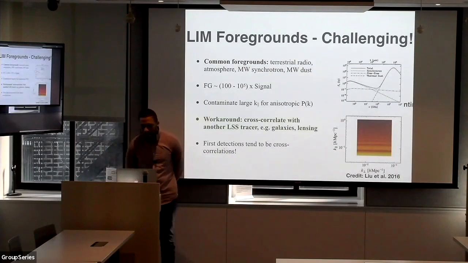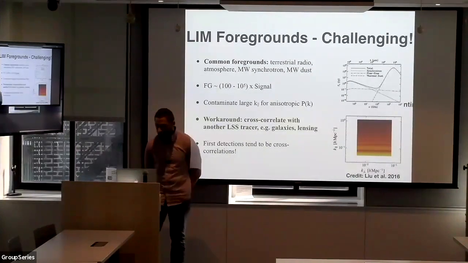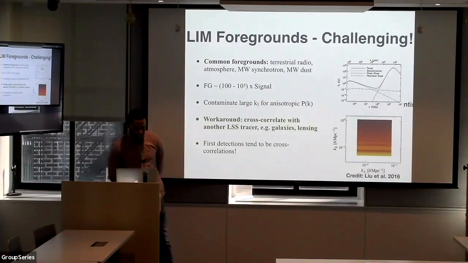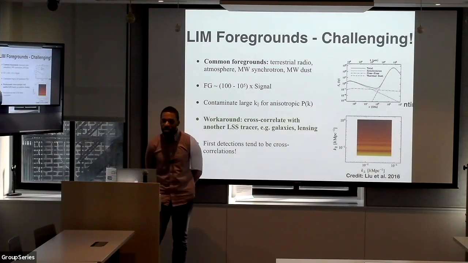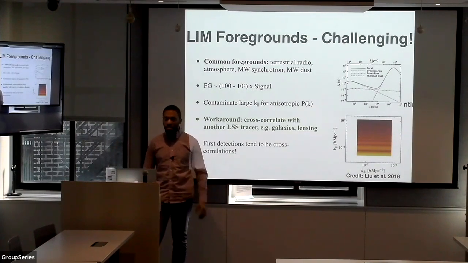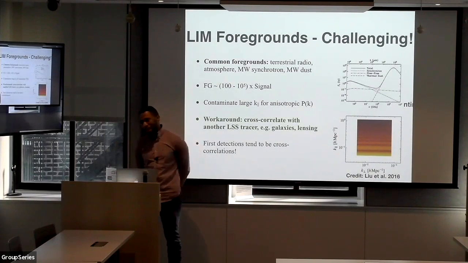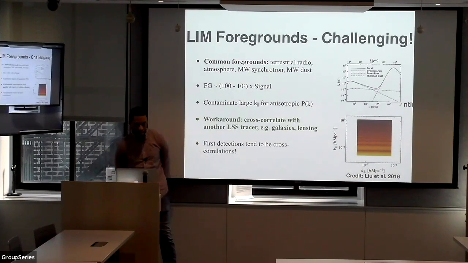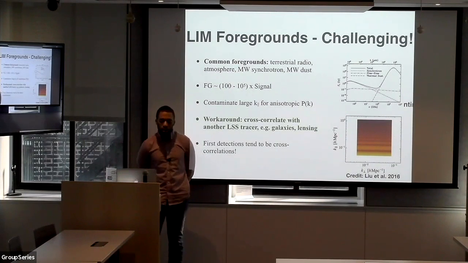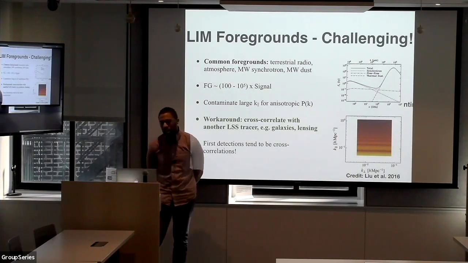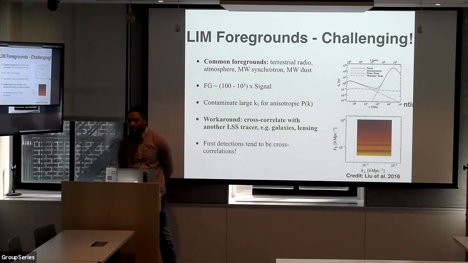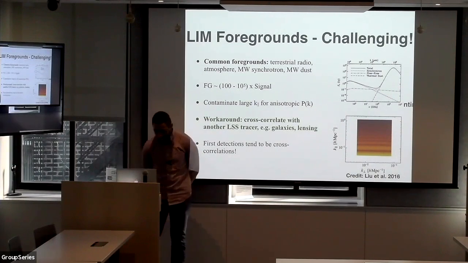So one major challenge for line intensity mapping is, of course, the foreground. Unlike the CMB, where the CMB at frequencies around 70 gigahertz is actually greater than foregrounds from the Milky Way galaxy, that's just not the case for intensity mapping. The fluctuations are orders of magnitude smaller than for the CMB. In many cases, the foregrounds can range from 100 to 10,000 times greater than the signal. And of course, if you're measuring a power spectrum, that squares it, so it's even worse.